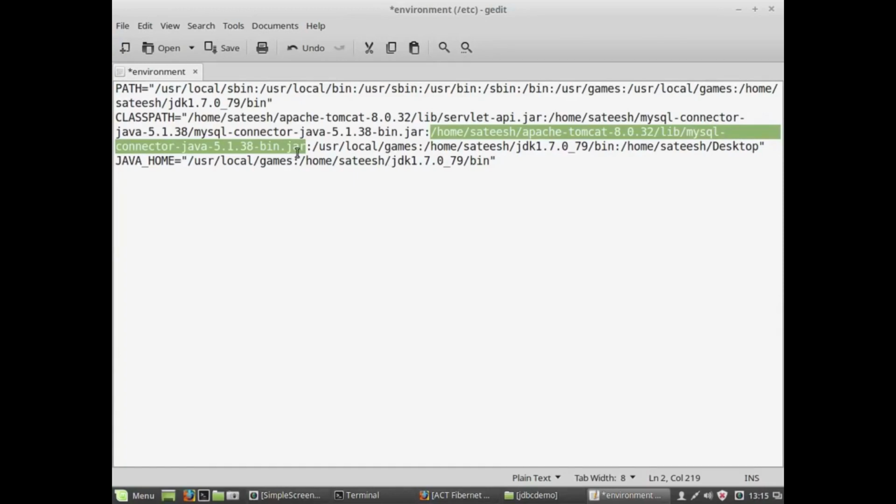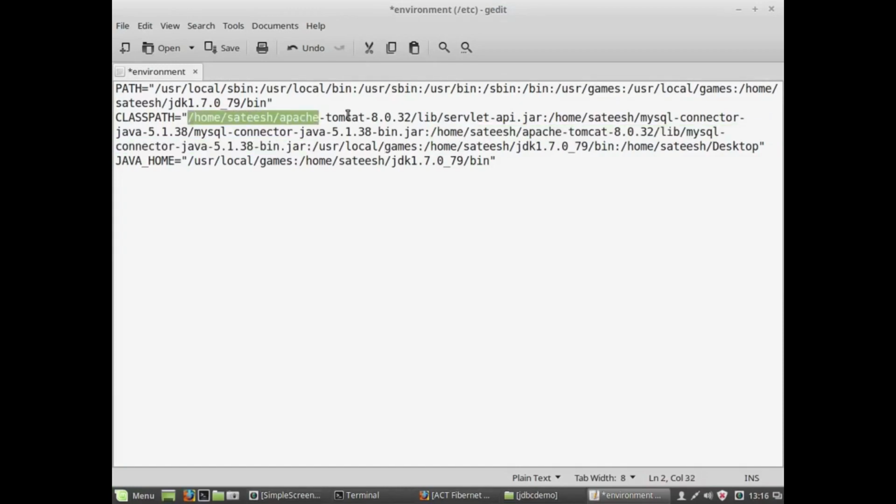So why do we need to set class path? During execution, your Tomcat will look for an entry called the mysql jar file. So your computer should know where this is actually available to provide it to Tomcat. It will look into the lib folder, and this will be linked with the help of the class path variable only. If you do not set this class path, then your machine will not know that this file is available in the lib directory of Apache Tomcat. So it's very important to set class path.